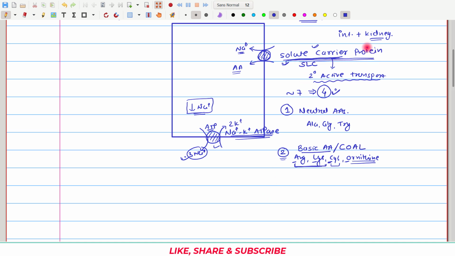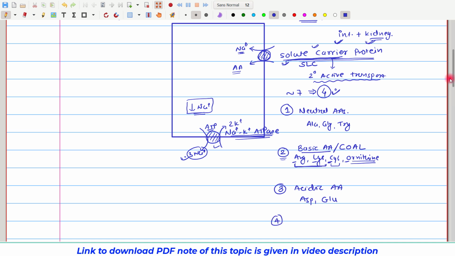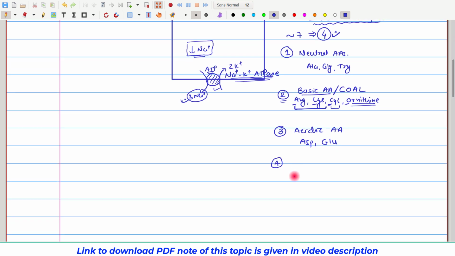Remember, the solute carrier proteins are present at both places, intestine as well as kidney. The third type of solute carrier protein transports acidic amino acids. So, it is specific for acidic amino acids, and these are aspartic acid and glutamic acid. And the fourth type of solute carrier protein transports proline,